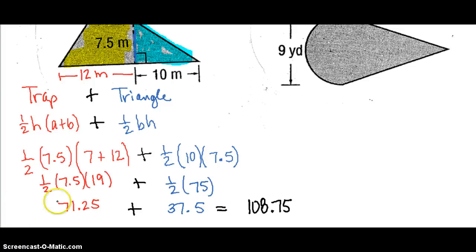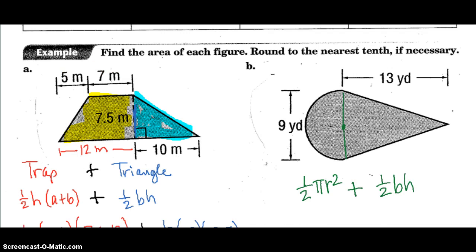So as we do the math and we take half of the product of the height times the bases and half the base times height, you end up with 108.75. And remember, this is meters, and remember, this is area, so it's meters squared. I want you to try B without me. I've set it up here. We have half of a circle and we have a